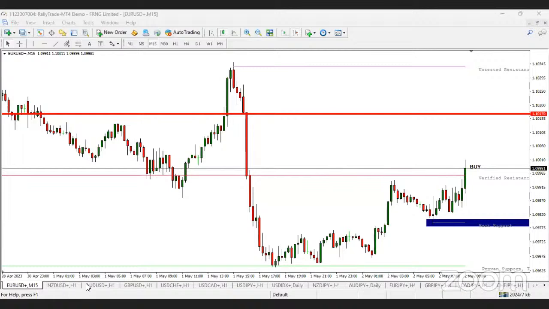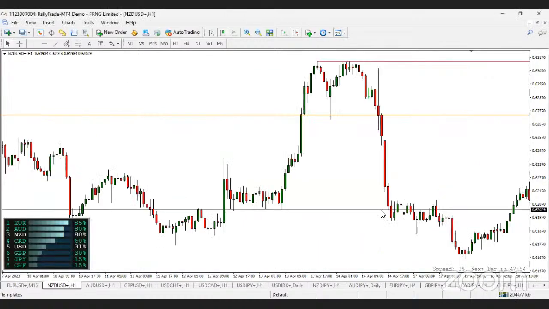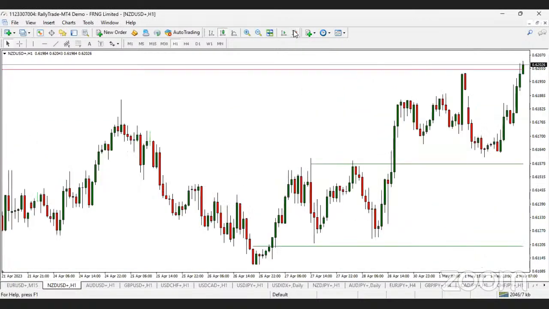So the next pair we're going to look at, Euro USD, once it is 8:15, in 3 minutes, we're going to come back to the chart of Euro USD, and see if we can enter our buy, if it has fulfilled our requirements. The next pair we're going to look at is the NZD USD. Now for NZD USD, news is going to come out for USD later in the day, and we want to do day trading on it.